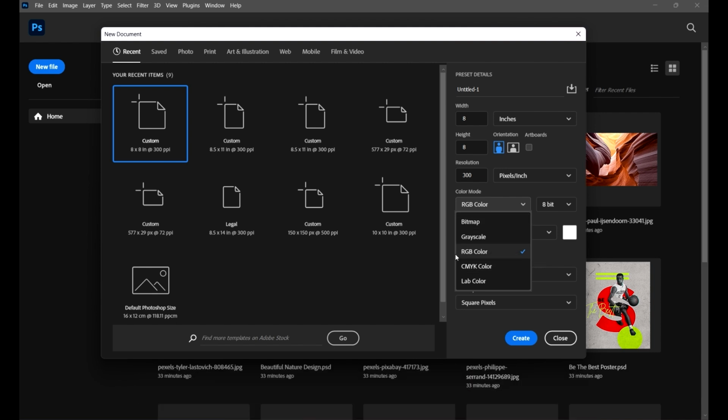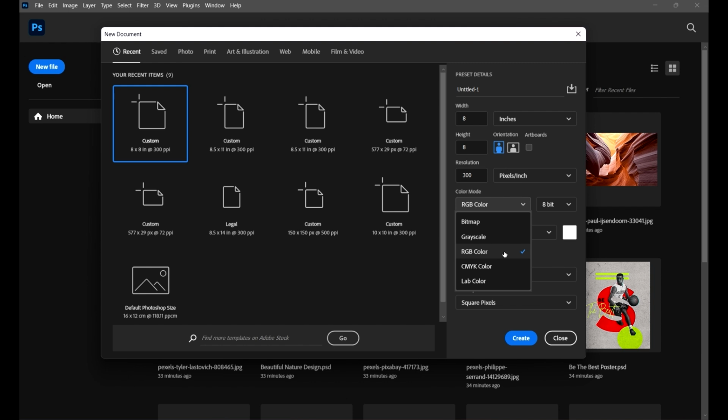Okay, now let me just give you a brief explanation of these color modes. Now the RGB stands for red, green, and blue color. Now this is meant for digital media. If you are going to be interacting with the design on digital media like screens, you're going to be designing in RGB. Okay, and then CMYK is cyan, magenta, yellow, and key or black. And it's going to serve for print media, when the design is meant for print,